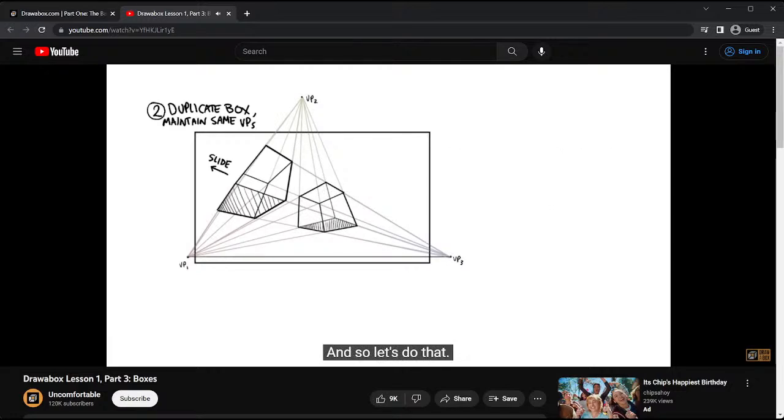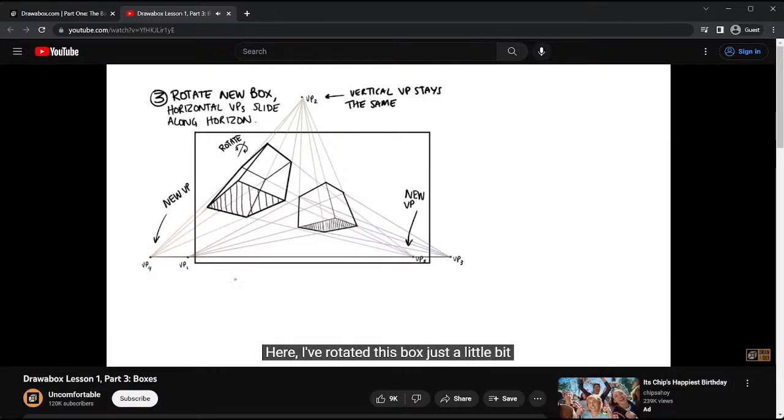And so let's do that. Here, I've rotated this box just a little bit. And when that happens, I rotate it on the kind of y-axis, so like the height. So if you were to imagine that there was a metal rod stuck in the middle of this box, just like this, and I spun the box a little bit along this axis,